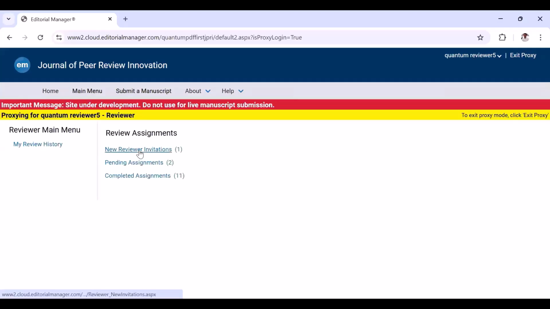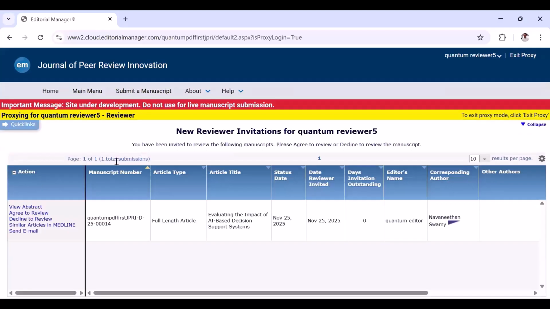The invitation is available under the new reviewer invitations folder. As a reviewer, I can view the abstract and click the agree to review link